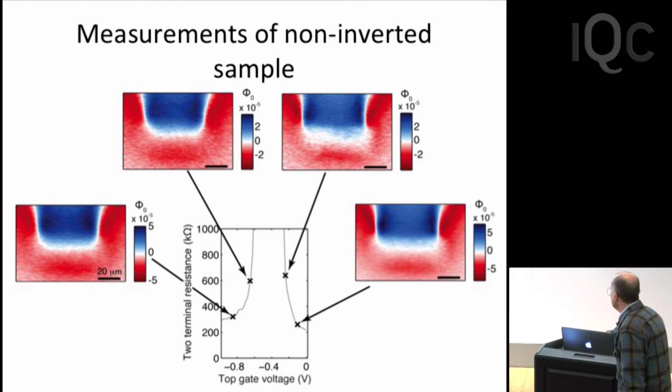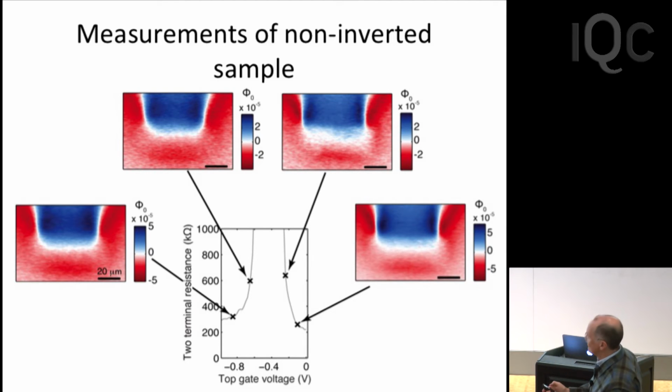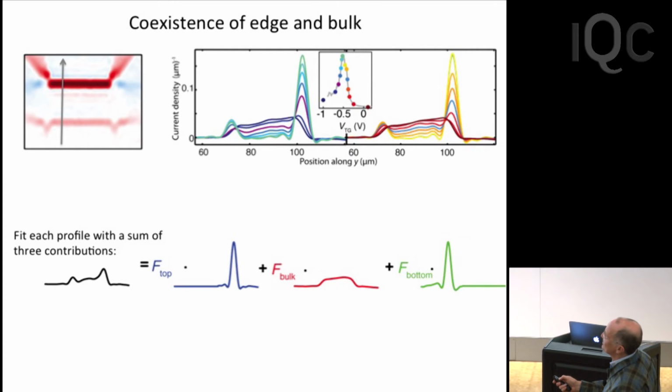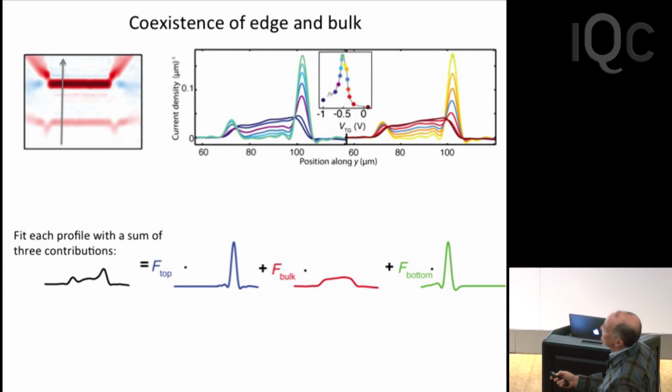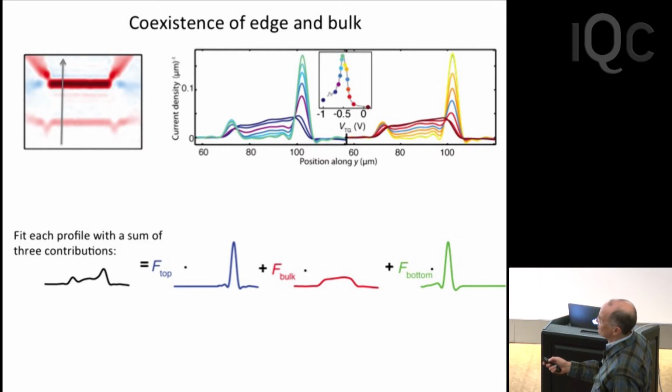When you do that, what you find is that if you look at the fraction of the current carried by the three different things, top, bottom, and bulk, as the bulk is killed by putting the Fermi level in the gap, the contribution from the top edge and the contribution from the bottom edge grow up to make up for that